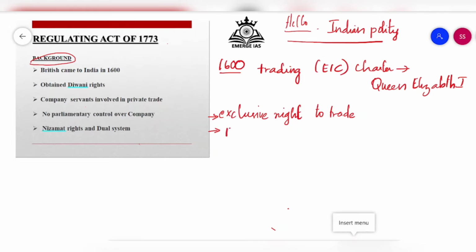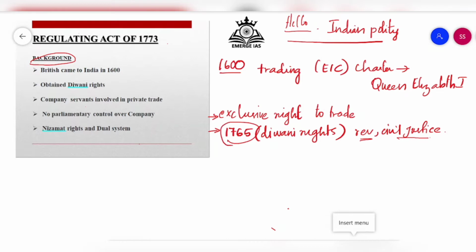But in 1765, the English East India Company acquired Diwani rights from the Mughal Emperor. Diwani rights means the rights to revenue and civil justice. So, after getting the rights to revenue and civil justice, the English East India Company started doing revenue collection and civil justice processes, and this created many disturbances among the existing Mughal emperor or the Mughal Nizam of Bengal and